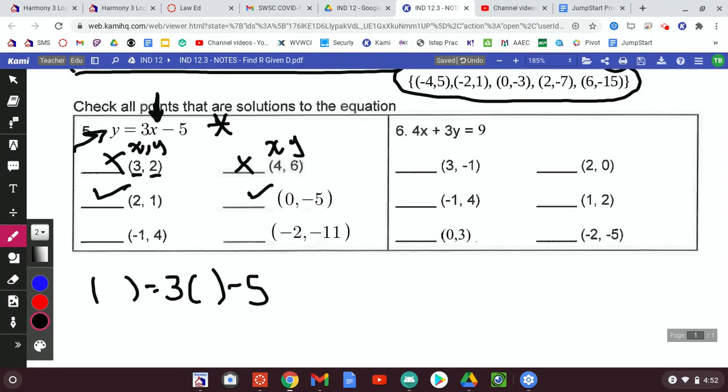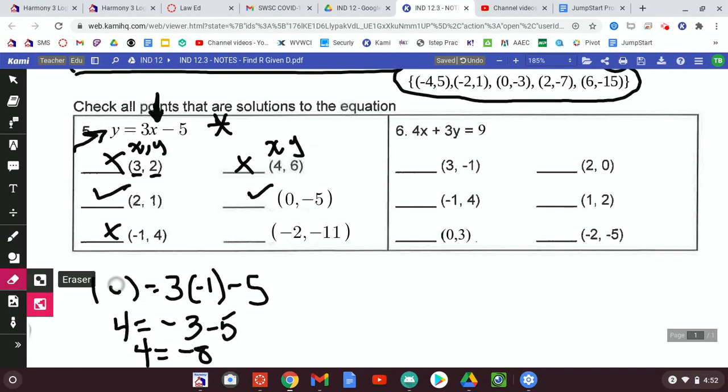So my point (negative 1, 4), well, my negative 1 is the x, so it goes in the x spot. My 4 is the y, so it goes in the y spot. 3 times negative 1 is negative 3 minus 5, and I can already see negative 3 minus 5 is negative 8, so no, that is not a point, and that is not a solution. And then last,